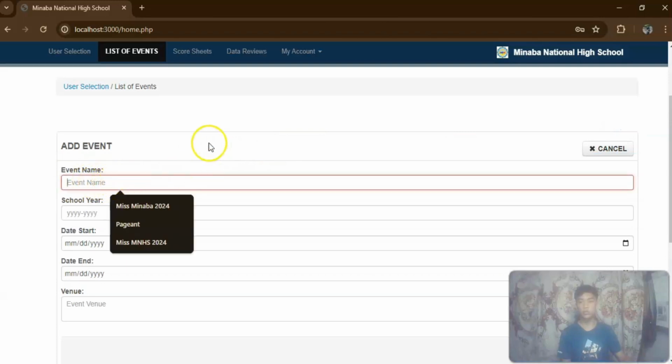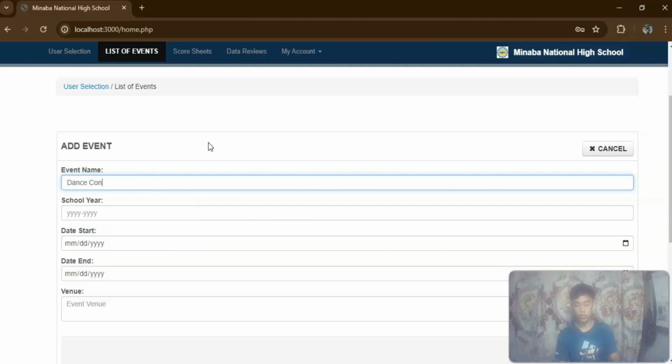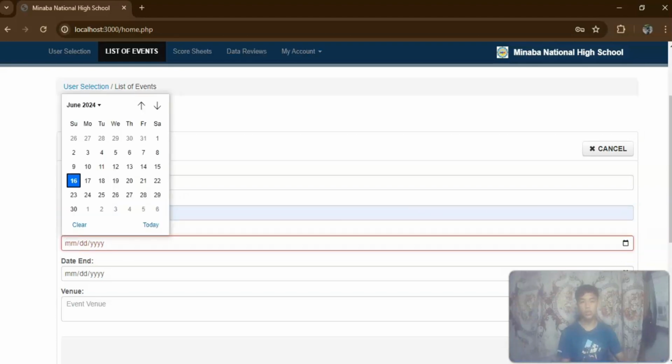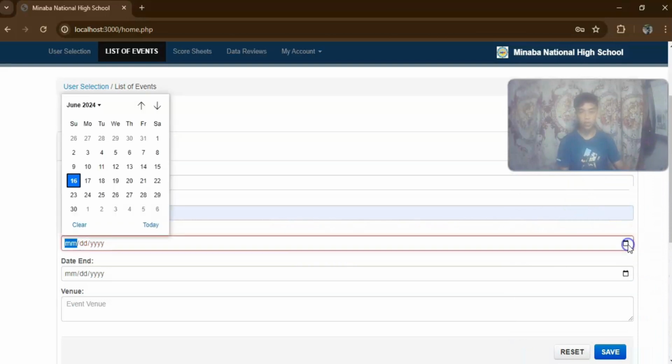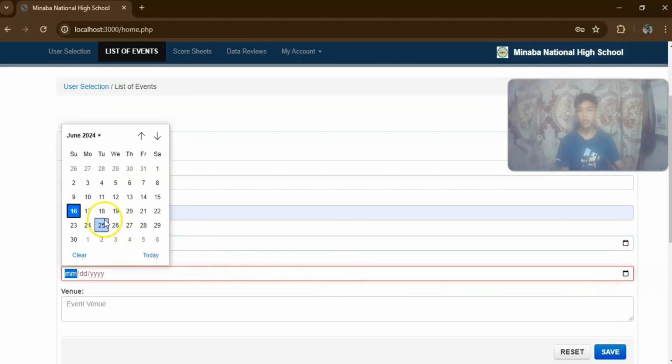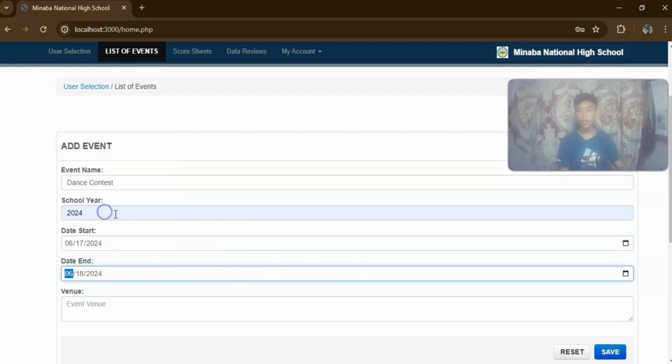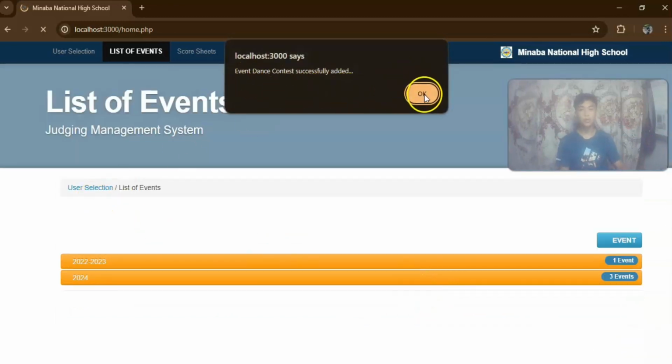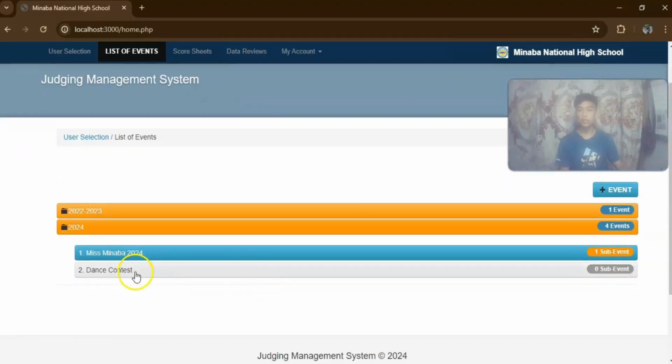The event name, for example, is Dance Contest 2024, and the date starts on the 17th and ends on the 18th. Then the event venue, and save. The event was successfully added.